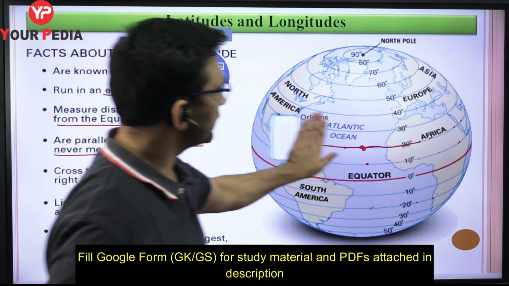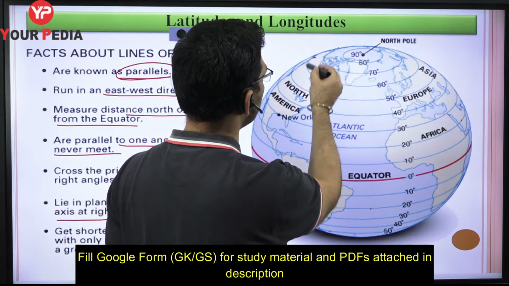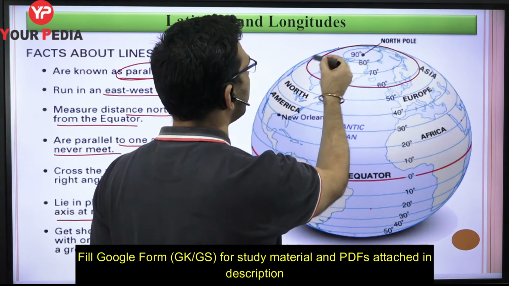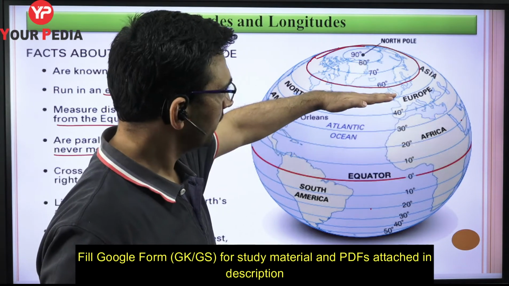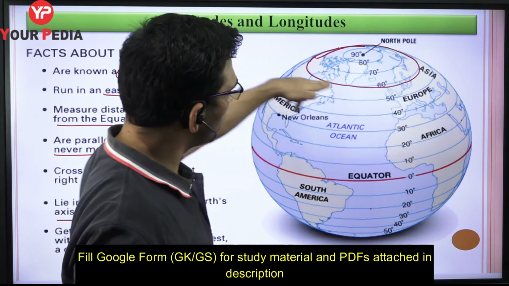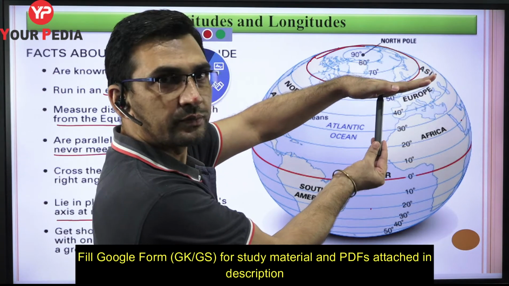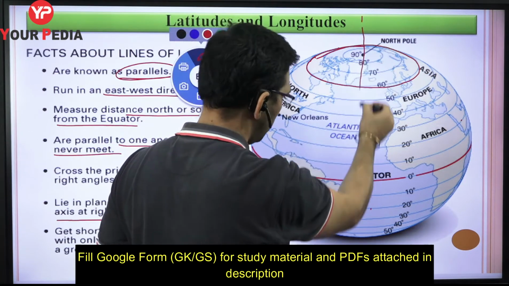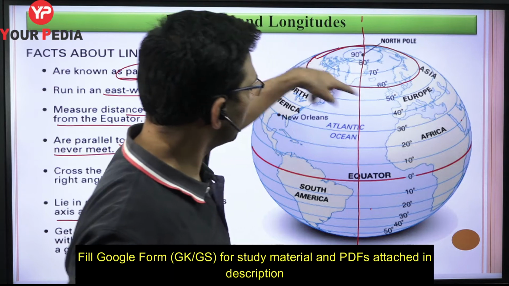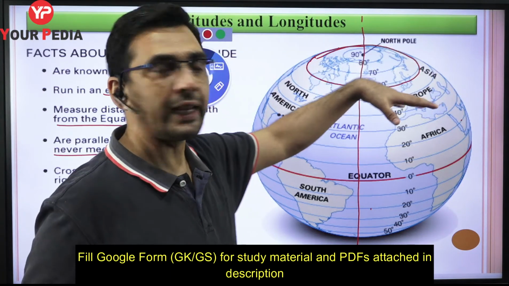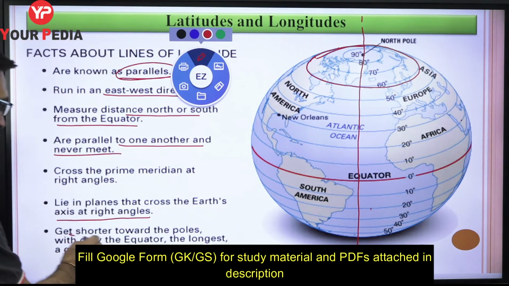अब कोई भी circle ले लो, you just take any particular circle. Let us say if you take this circle, right? So if we take a plane in which this circle is passing, this is going to be the horizontal plane over here, right? So this particular latitude or parallel will be lying on the horizontal plane, and that will always be perpendicular to what? Earth's axis. Earth की axis कैसे होगी? North to south. So it is this plane on which any particular latitude, this parallel, is going to lie, that will always be perpendicular to the axis of the earth. Get shorter towards the poles.